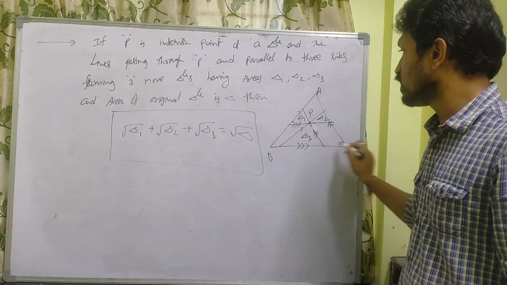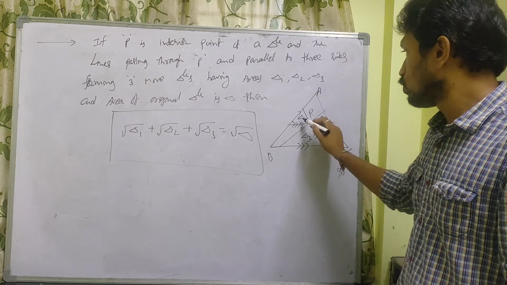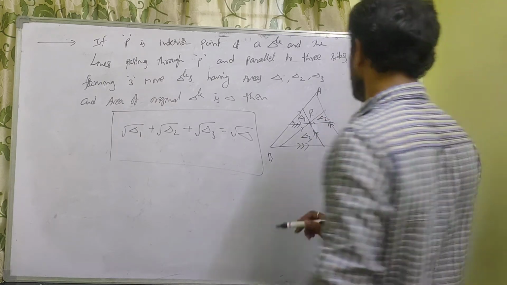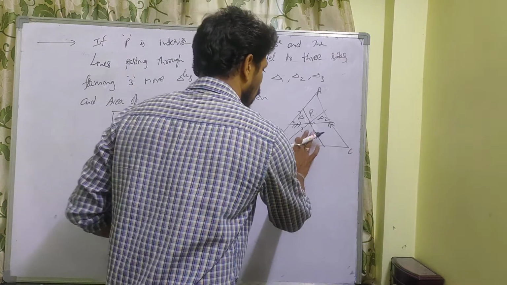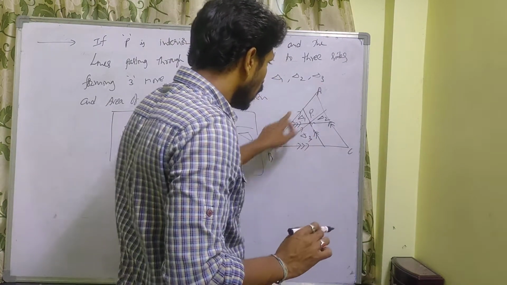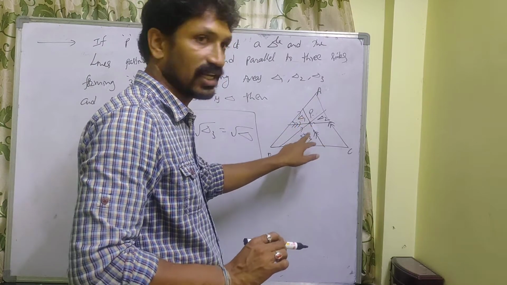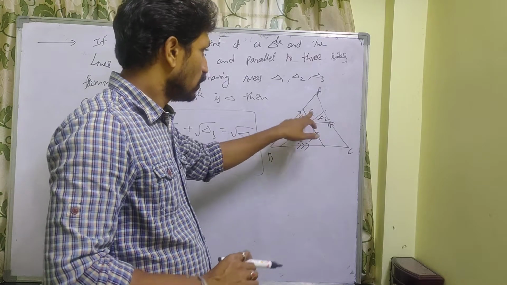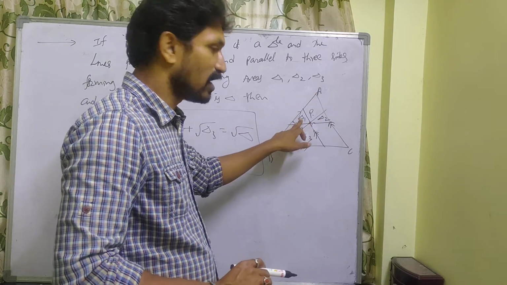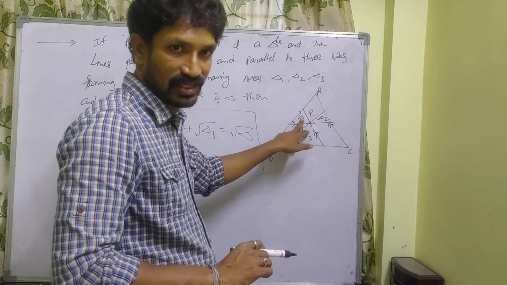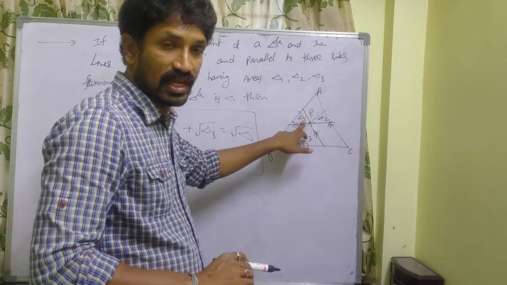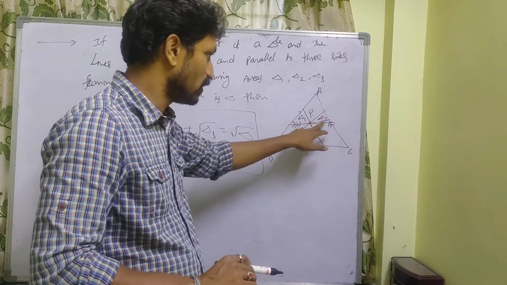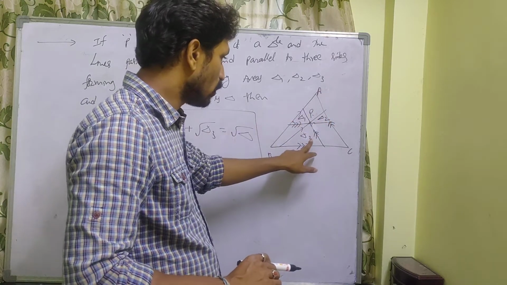Now the area of the original triangle is equal to root delta 1 plus root delta 2 plus root delta 3. See how you have to prove this, very clearly you just remember one thing: original triangle ABC and each of these triangles here are similar triangles. This triangle, whose area is delta 1, is similar to triangle ABC, and triangle ABC is similar to delta 2, and that means triangle ABC is similar to this triangle also.